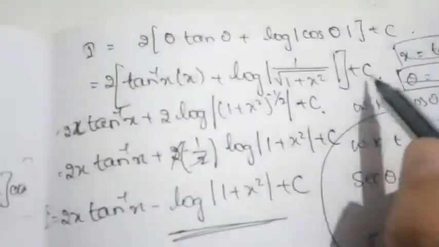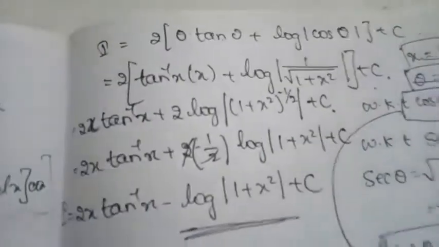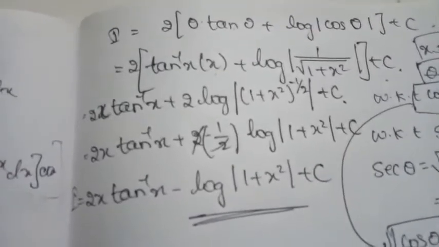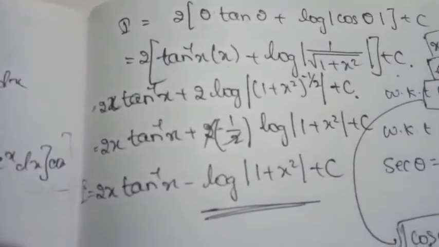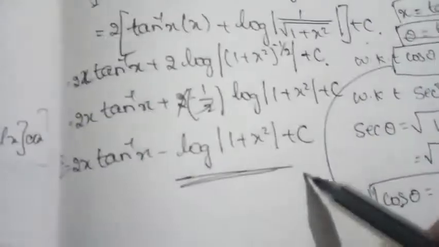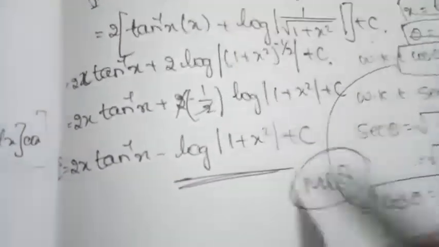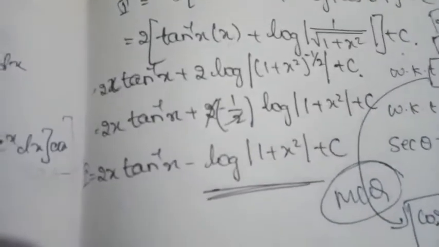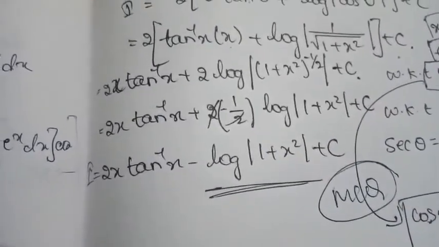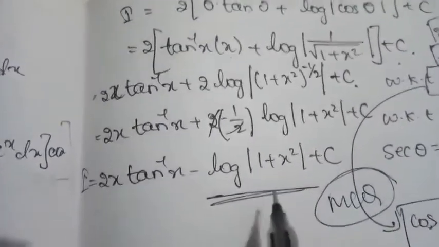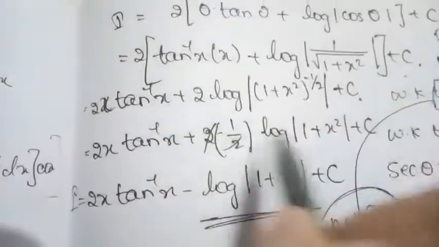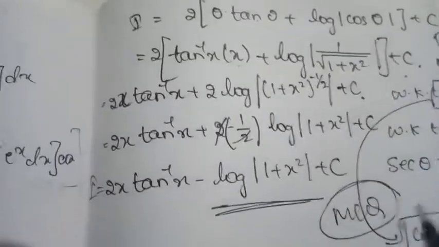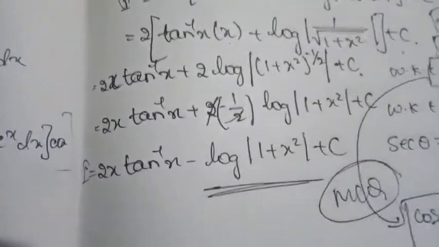So you can keep it up to here also, but the simplification also matters a lot with the number of marks allotted for that question. And at certain times in MCQ questions, they are going to keep the answer for a certain type of integral in the simplest form. So at that time it is good that you are able to know how to simplify your answer. That's why I am saying simplification is one of the important steps to know. So this is the integral of the given question.